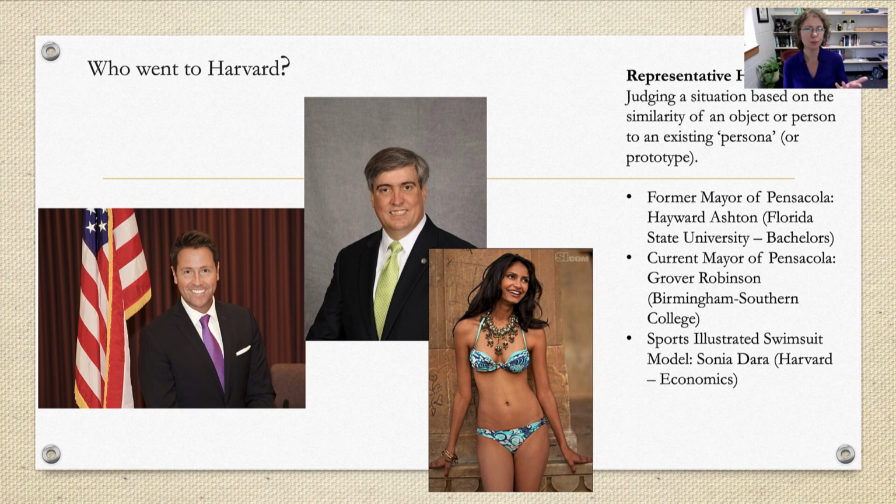So that's one thing that we do, like a shortcut where we see something and we think, hey, is this representative of someone who went to Harvard? It's very easy for us to assume some guy in a suit and tie went to Harvard, but a knockout model did not, right? So it's ways where we make shortcuts and jump to conclusions that might not be true.